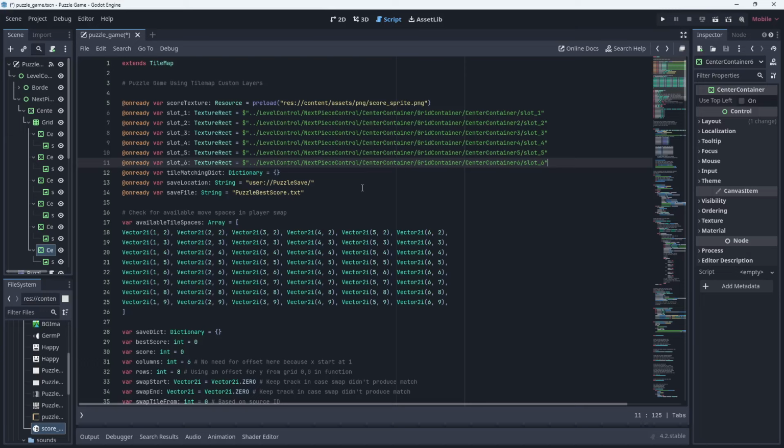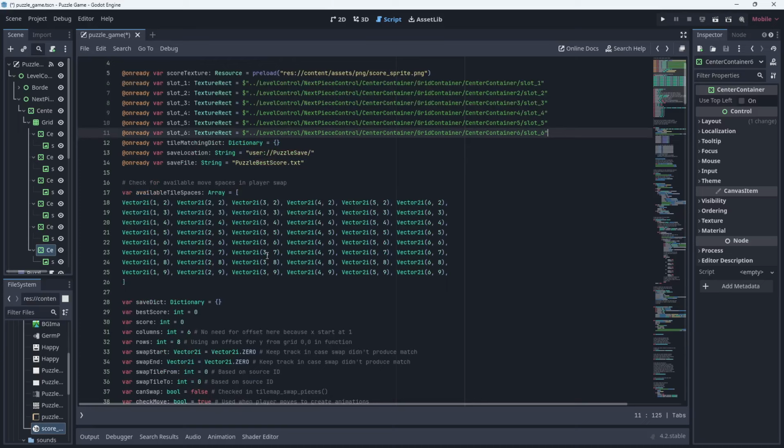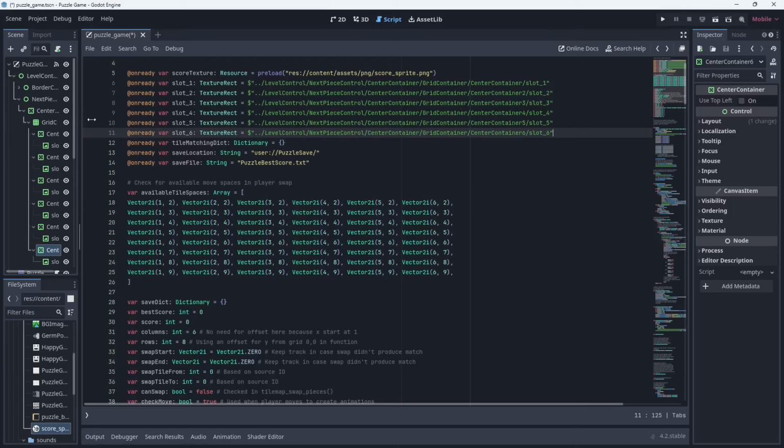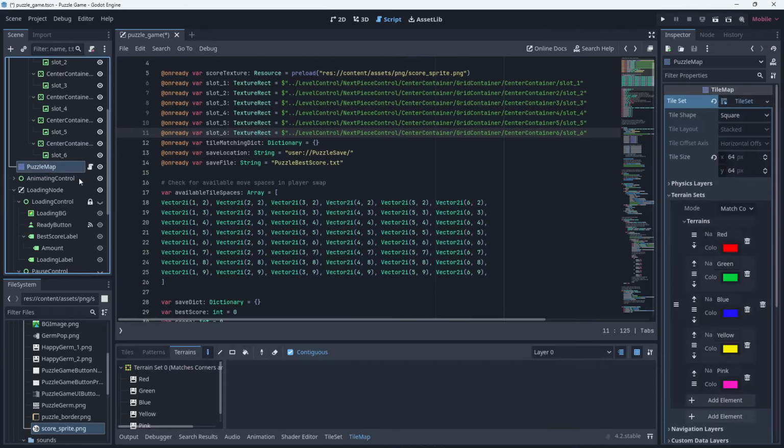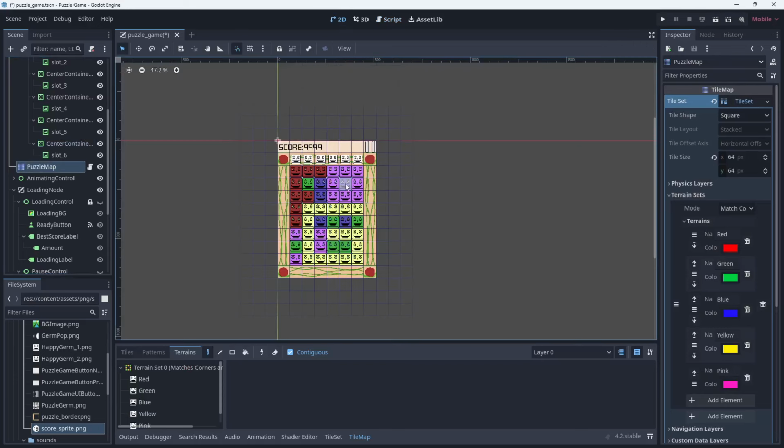So just keep in mind that as you see right now it says user, and I will have a function inside of ready that will make it a little bit different for us later on for saving and testing purposes, for testing in the editor, and actually when you export the game, and you can be able to save as well. So available tile spaces is the heart of our game, and that consists of basically the puzzle map,